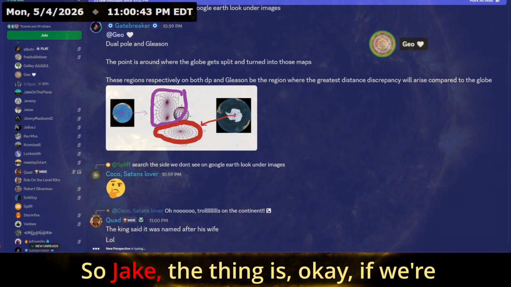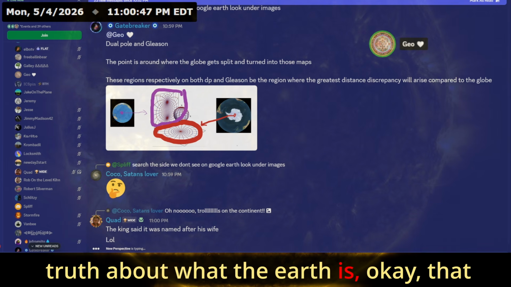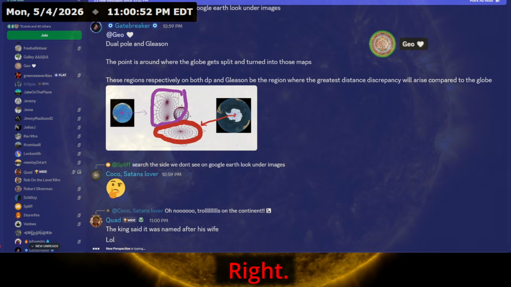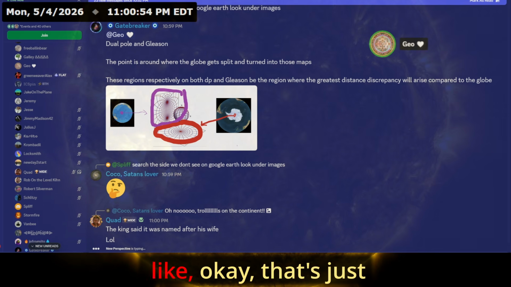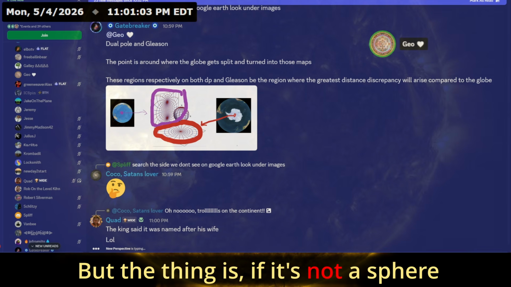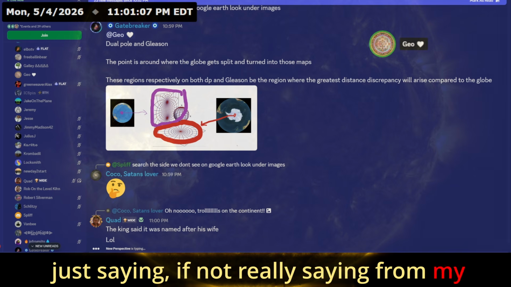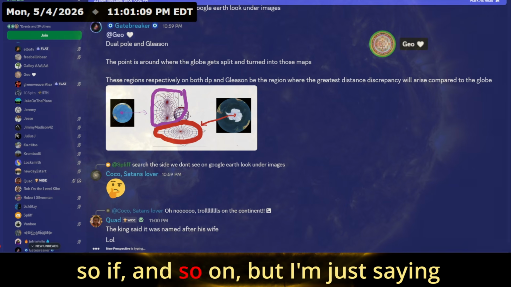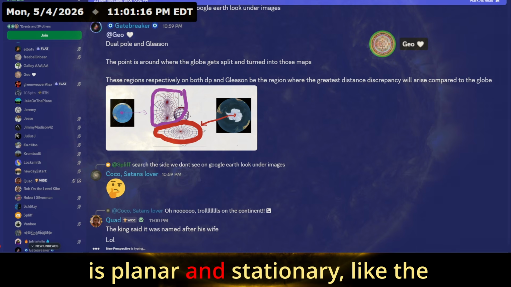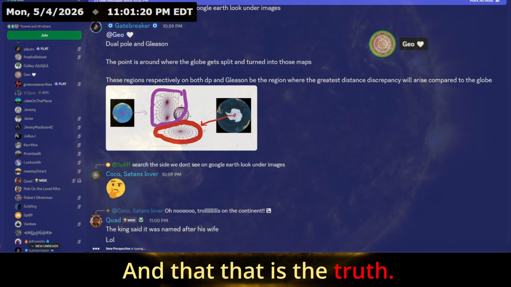Jake. All right, so Jake, the thing is, if we're being told the truth about what the Earth is, that it is actually a sphere, then there's really nothing to worry about. Even if you already believe it, you would just be like, okay, that's just what it is. But if it's not a sphere, and I'm just being neutral in the conversation, just saying if, not really saying from my view, if it's not a sphere and it is planar and stationary like the ancients have always had as far as we know since the dawn of time, and that is the truth, then